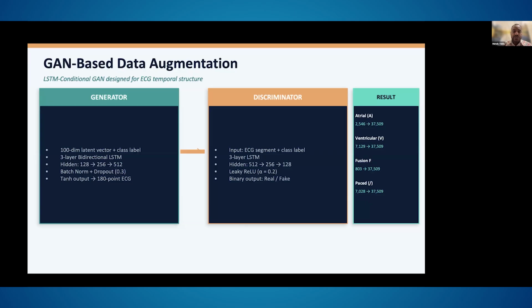The discriminator uses the same approach with the LSTM method, but the generator iteratively becomes more intelligent, and the discriminator somehow fails to classify the synthetic or fake data as fake. So this way we generated, as you can see from this data set, a small number of samples originally from the minority classes, but we have multiplied them 200 or 300%.